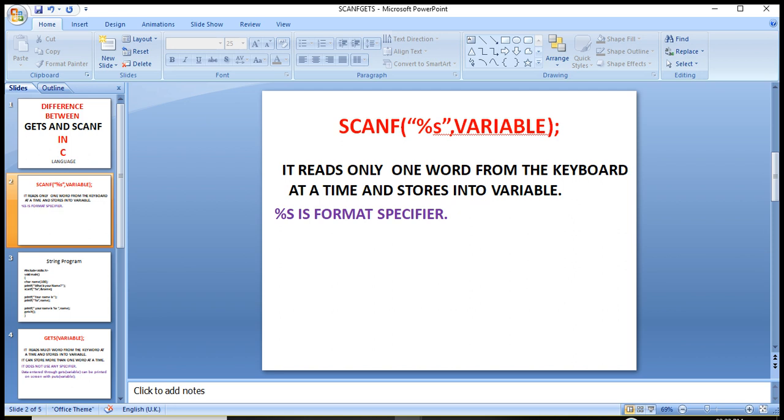Even if the user writes more than one word, this function will take only a single word. So it uses the %s format specifier.